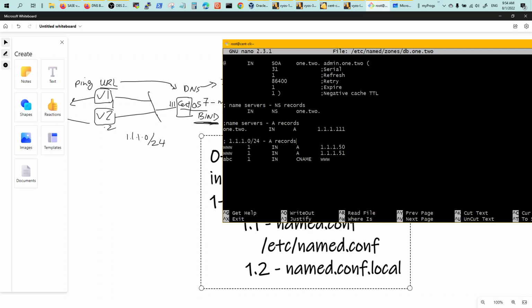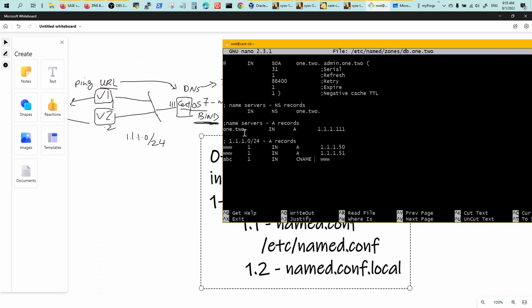And the A records in that domain are 2, right? I have 2 for load balancing. So I've got a www, refresh every 1 second, A record, and 2 IPs, 111.50 and 111.51, and the CNAME,